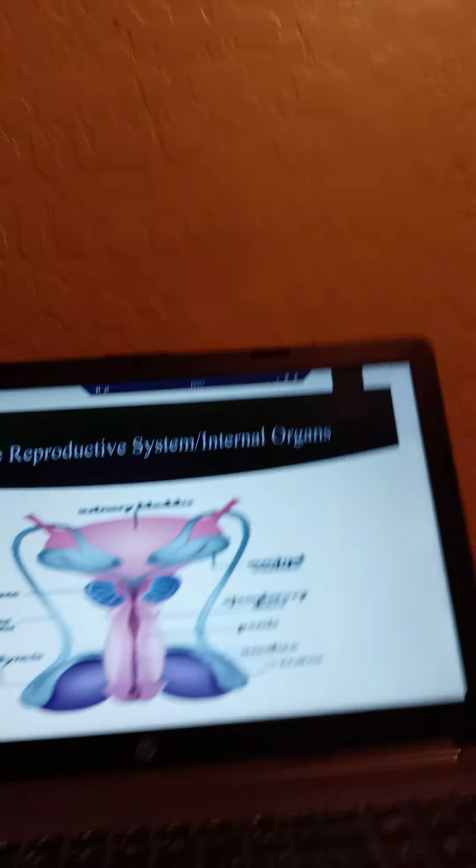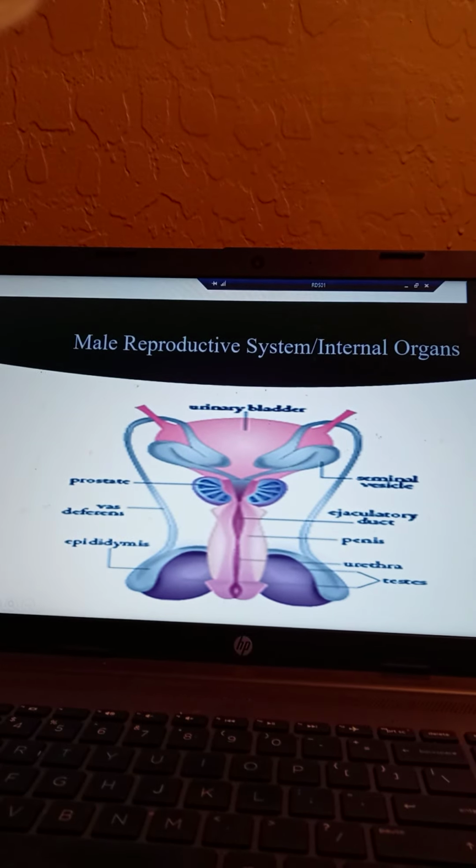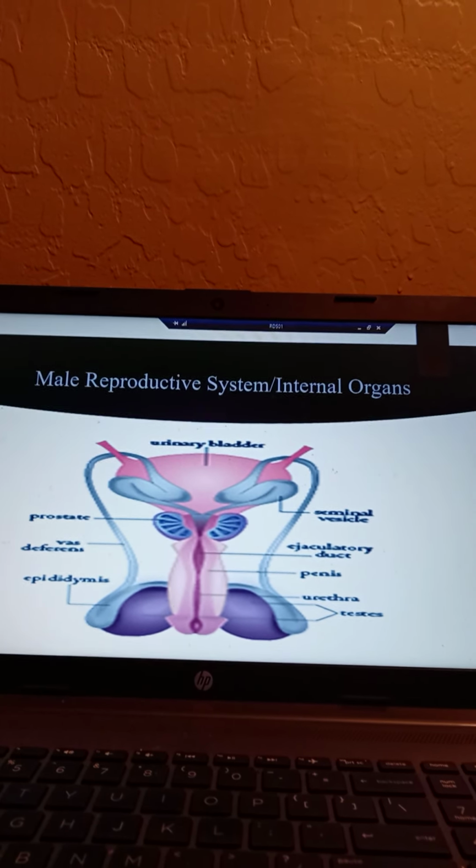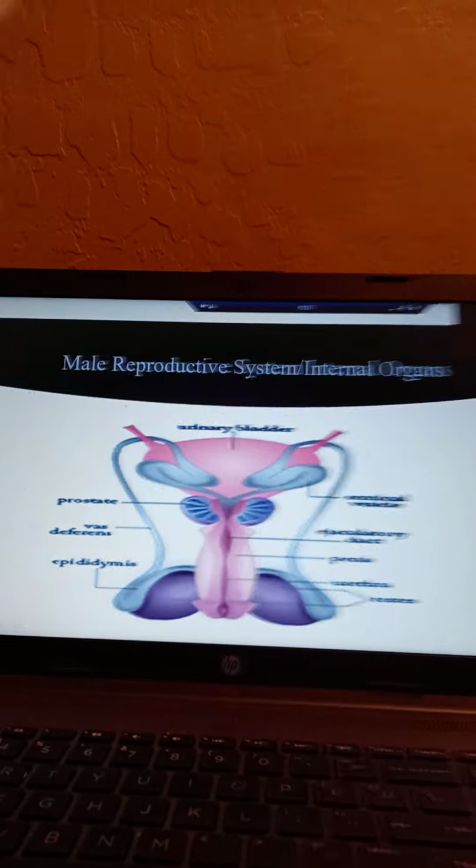This is the male reproductive system internal organs. They have an internal organ as well. I just did a picture here, and then I threw down some information at the bottom in the notes. The male reproductive system is mostly located outside the body. The internal organs include the vas deferens,